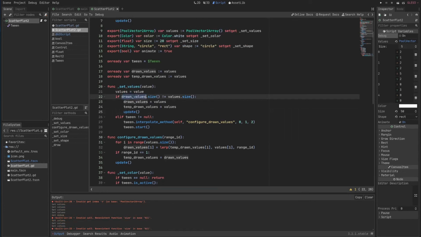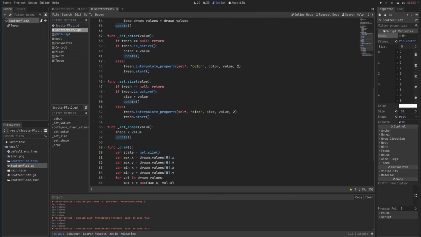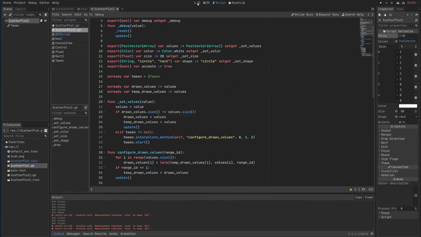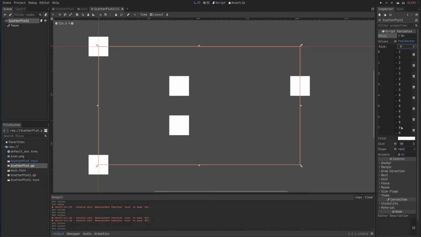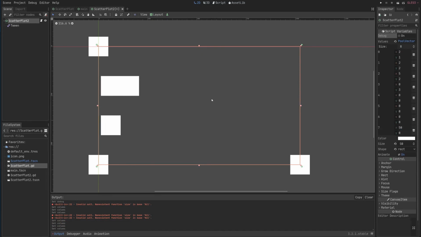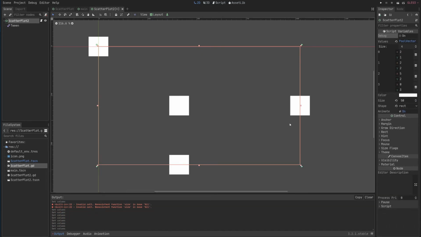So I just check if my drawn values or temp drawn values, you can use either array, is the same size as my original array. If it isn't, it means that there is either a new value in the array or one of the values was deleted. I won't animate this for now. So I just associate everything and make sure that my draw method over here is called. So with this, I can actually add a bunch and change the values or delete them, and everything will be